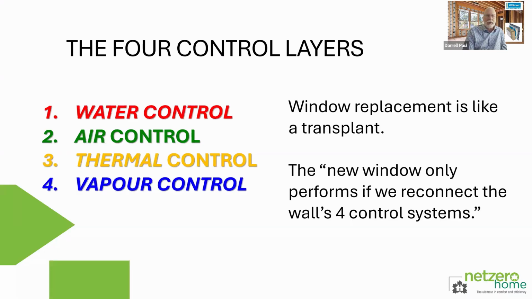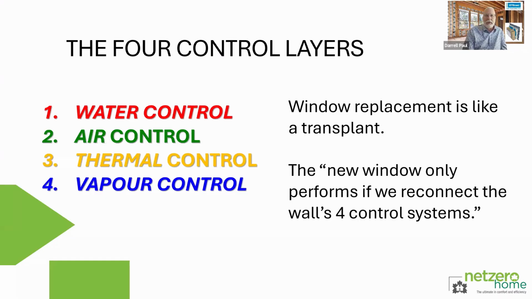We talk about water control, and you notice there we don't talk about stopping water. We talk about management. So we're controlling or managing the water. We talk about air control. We talk about thermal control, and we talk about vapor control. These are the four critical control layers that we need to address as a system